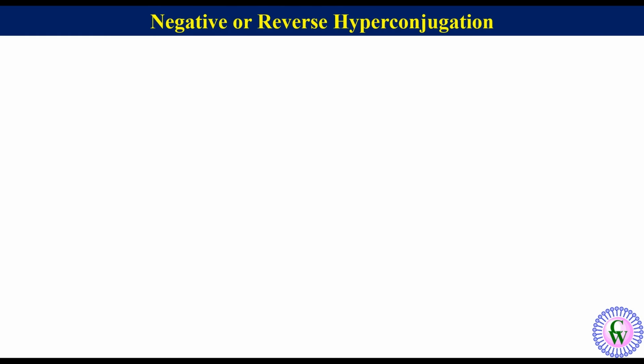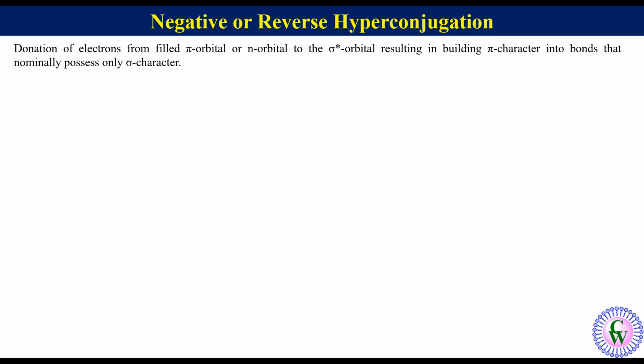Negative or reverse hyperconjugation. In negative hyperconjugation, there is donation of electrons from a filled pi orbital or non-bonding orbital to the sigma star orbital, resulting in building pi character into bonds that normally possess only sigma character. The first example which we are going to take is